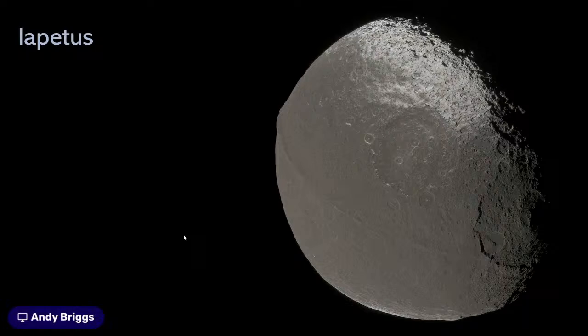Iapetus, those of you of a certain age may remember that in the book 2001: A Space Odyssey, it actually took place at Saturn rather than Jupiter in the book. In the film, it was Jupiter, but the special effects team couldn't come up with a realistic method in those days, back in the mid-60s, of representing Saturn's rings. So they moved the location of the final act of the film to Jupiter, but in the book it was Saturn, and Iapetus is featured in the book because Arthur C. Clarke, who wrote the book,